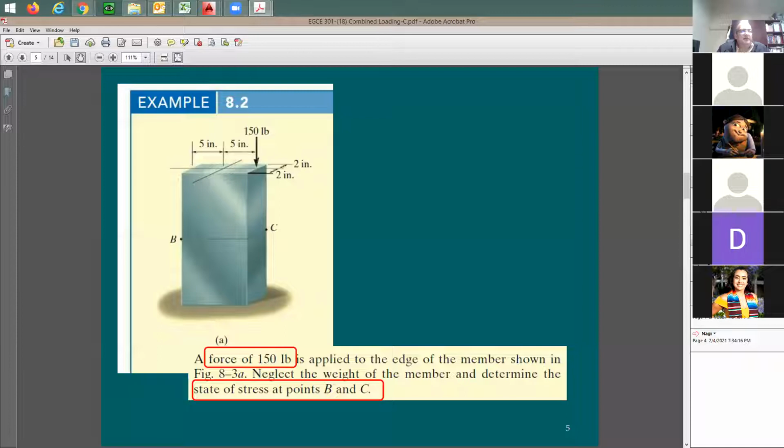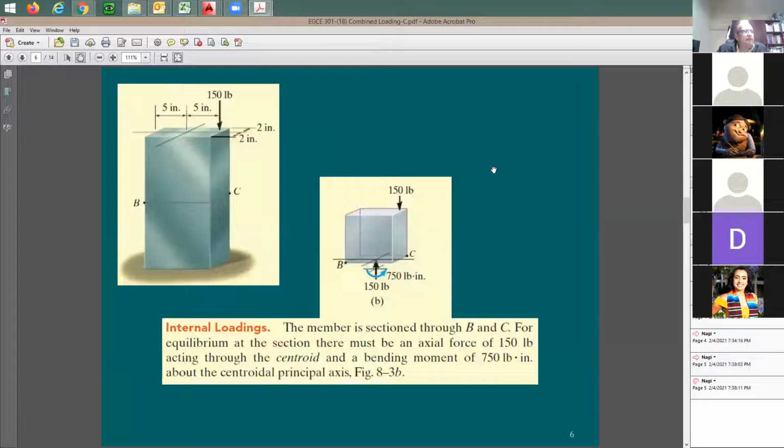So usually what happens, I can convert this force into a force here in the centroid and a moment. And the moment is going to be coming like this, and putting compression, the arrow is going to be coming down this way. So this 150 is equivalent to a moment and an axial load. So I said, okay, make it equivalent. I'm going to put it at the bottom, which means this is going to be equivalent to this. As if you can put this point load from the top, 350 plus 750 pound-inch as a